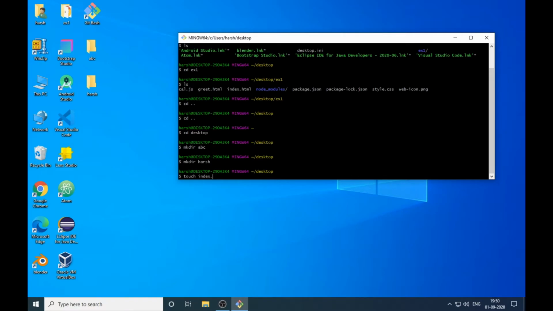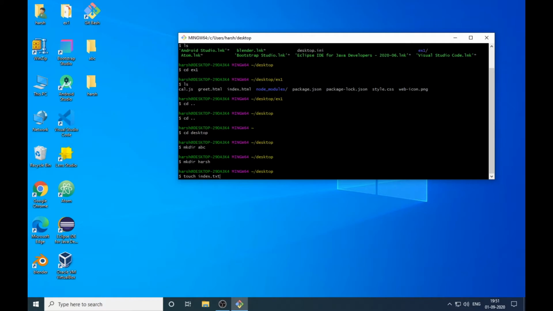Let's go with the basic one. So I will type just txt. I'm just making a text file. So the main command here is touch. Touch will create a file. Make dir was making a folder, and touch is making a file. So here we will type touch index.txt or abc.txt.